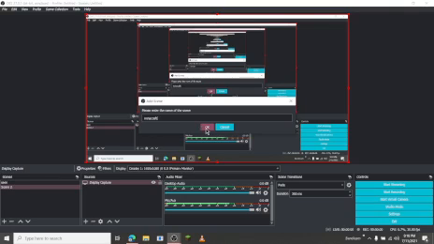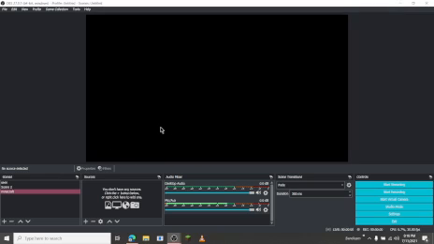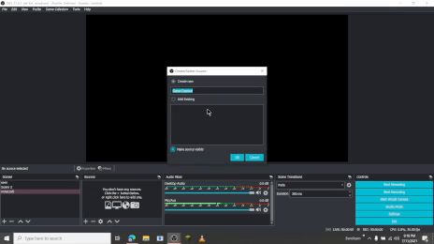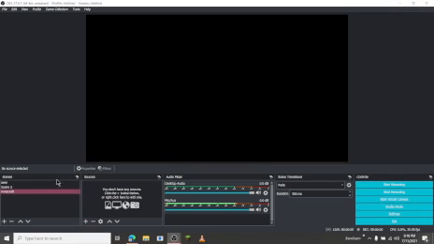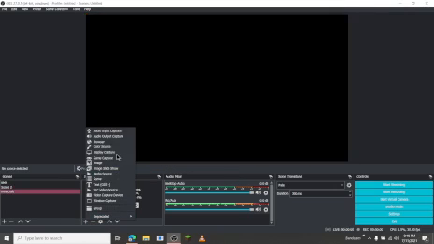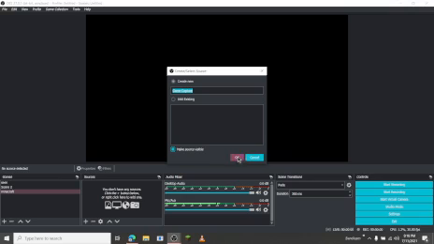I'm typing Minecraft because I have Minecraft. So now the screen has become black. Now what you have to do is press plus again, then go for game capture. You don't need to delete it again. If you want to come back to that screen, you can type like this. So here Minecraft, then plus again, then game capture, then again your Minecraft. If you want, you can type; if not, let the screen be whatever.